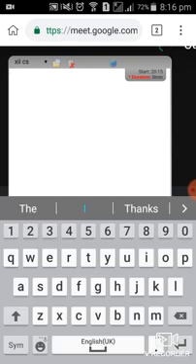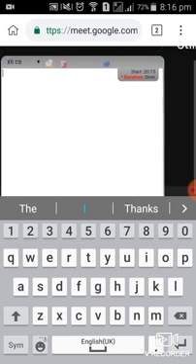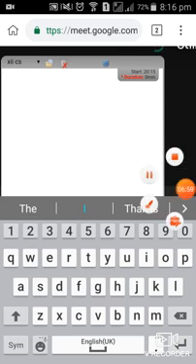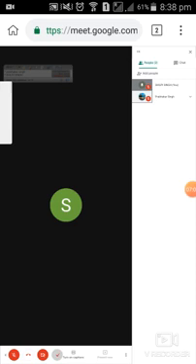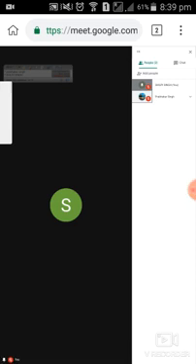Here the names of students will be displayed when they join the class. And we can also save this file to the mobile in the form of XML and text file. Now we can see there are two people here that joined the class.